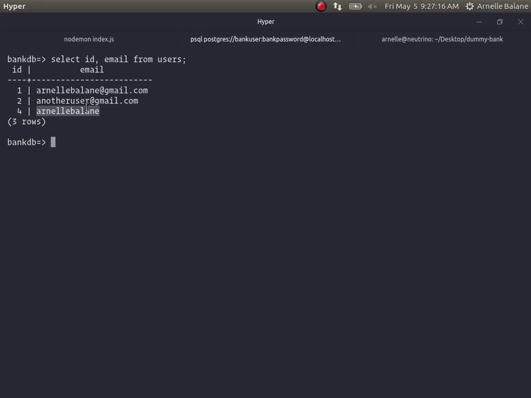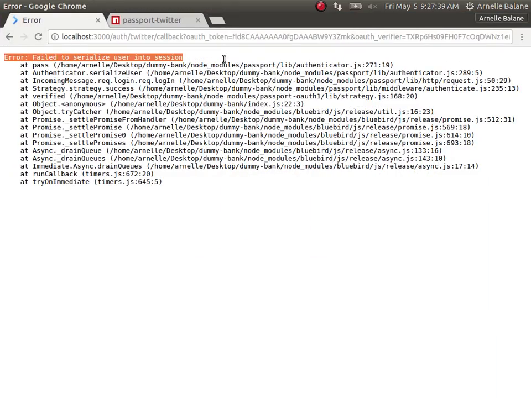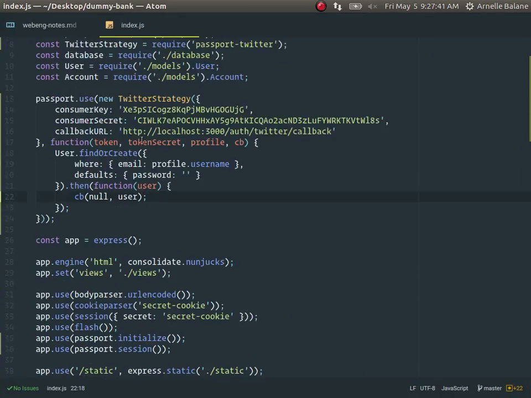Ang katong sign in with Twitter, gi-assume na nato username kay email siya kay na-create siya sa DB. So that verifies nga when we sign in with Twitter, nakuha na ang data, nag-find or create siya since wala pa siya na-exist before, gi-create na siya ng instance, gi-sign up na siya dayon sa atong application. So ang problem is how sa pag-serialize,